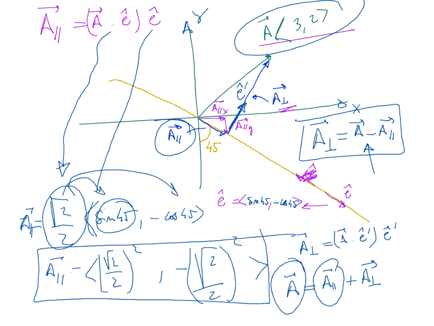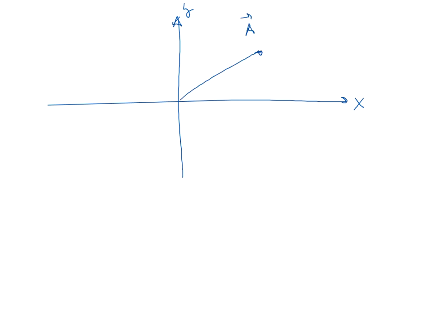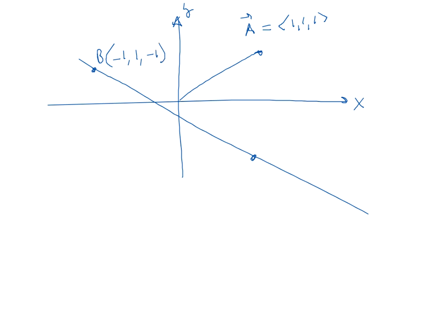Now that's for the case where we would like to project the vector along a direction that is given to us in terms of an angle. But let's say now you want to do 3D. This is my vector A. Let's add a three-dimensional to it: 1, 1, 1. And my line, say, goes through 2 points: B, which is -1, 1, -1, and C, which is 2, -1,